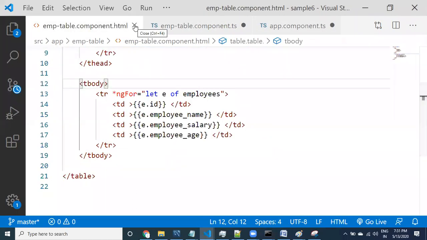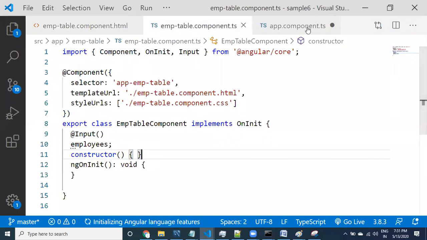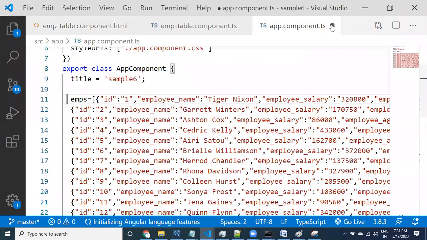What I'm doing is calling the table. Here in the app component, this is the employee table component, and I want to go to the app component.